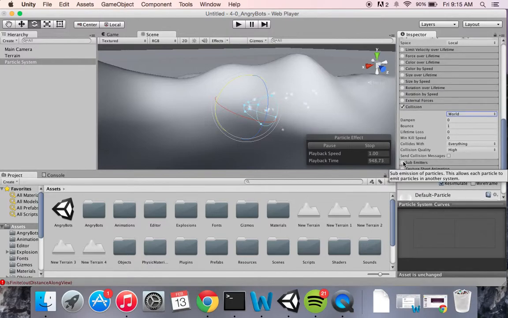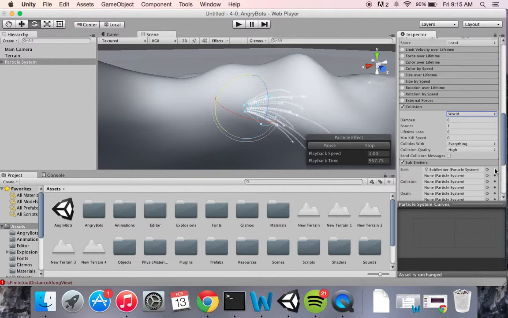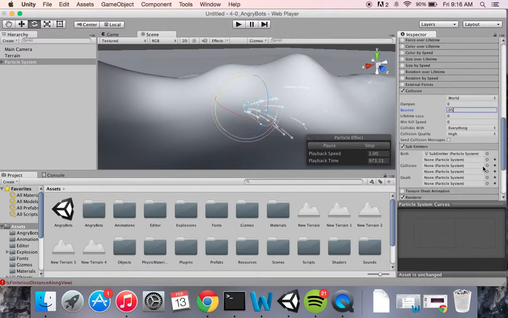And now we're going to set our subemitters, and we're going to create a birth. For that, we go to the addition symbol to the right of our birth, and we're going to add those. Now you're going to see they're bouncing off of the terrain, which is cool, and I think it's a little bit too much of a bounce, so I'm going to set about a 0.05 bounce. And then next I'm going to add a collision. So now there's dying on the collision, but there's still a little bit of a bounce,